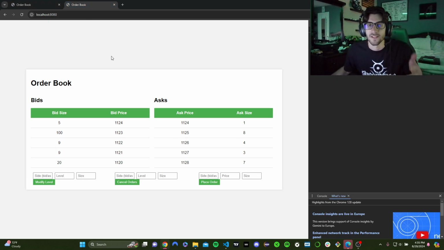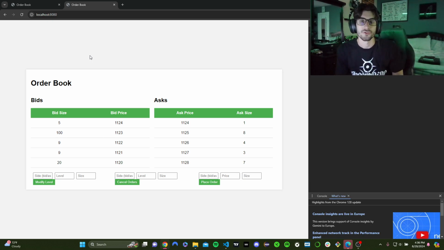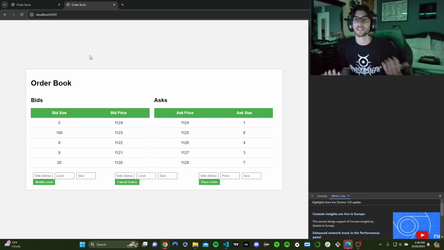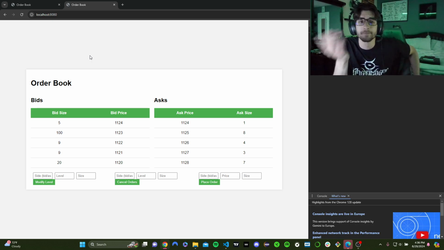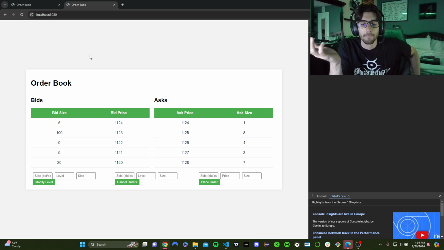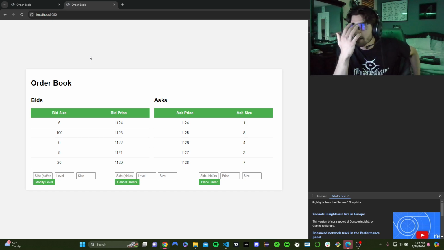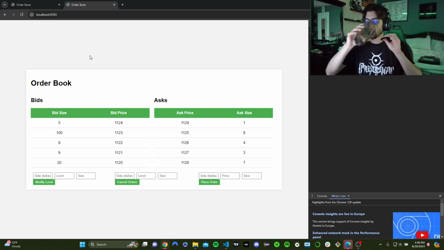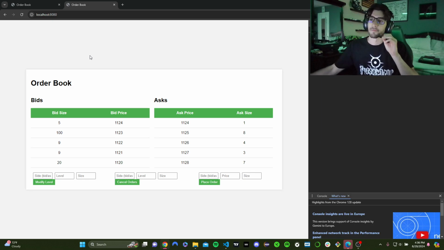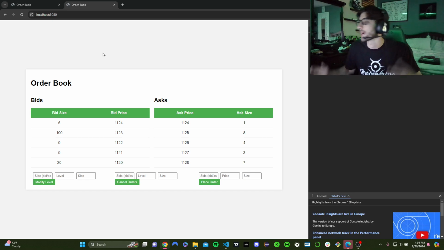So that way I could also have something like an account balance, right? And then some sort of buying power, and then a database of trade history, of my own trade history. That's kind of the only things I want to add. And they're relatively simple, just making new models. And I already have a little bit of experience with making authentication for Go. I'd like to learn more about JWT and all that stuff, so I definitely think I want to go that route with it to make some sort of authentication and some sort of history thing and store it all in the database. That way it's a little bit more realistic and practical.